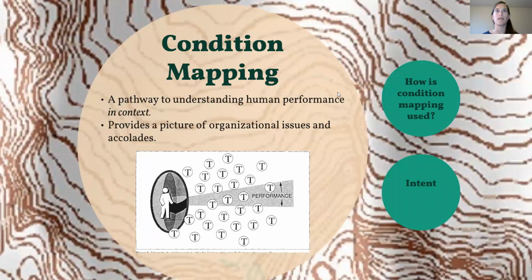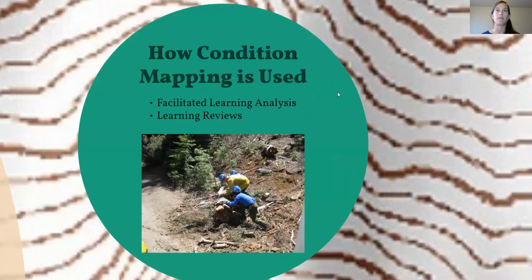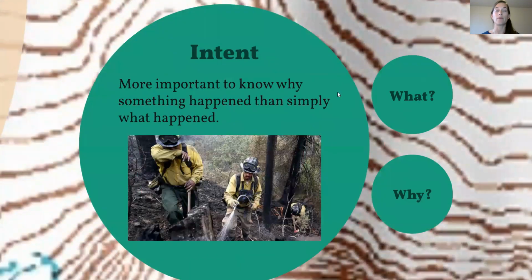Another way to think about it is identifying those things that influenced a person or a team's actions or decisions. Most often, this technique is used to help others understand the events that led up to a negative outcome incident. However, it can also be used to assess the events that occurred during normal work operations. The intent of condition mapping is to move beyond just what happened to why something happened. If we stop the learning process once we have discovered what happened, we leave a lot of learning on the